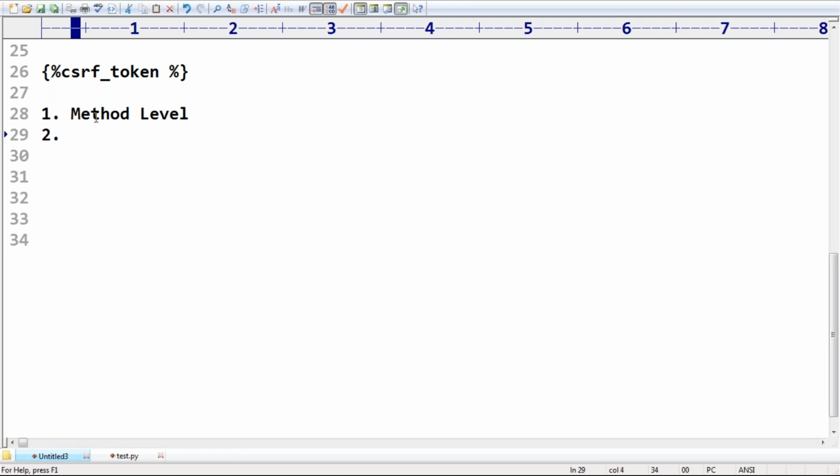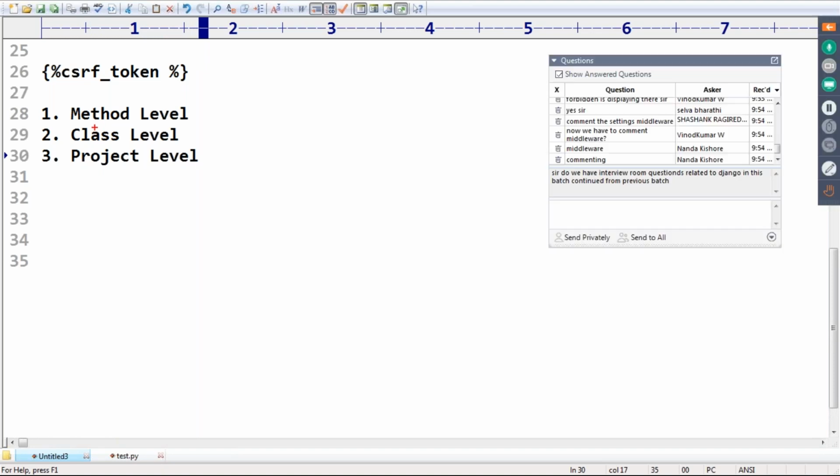Second is the class level. Third is globally at project level. Globally at project level is not recommended. It is highly recommended to go for class level, only for this class, so only this class will be exempted.